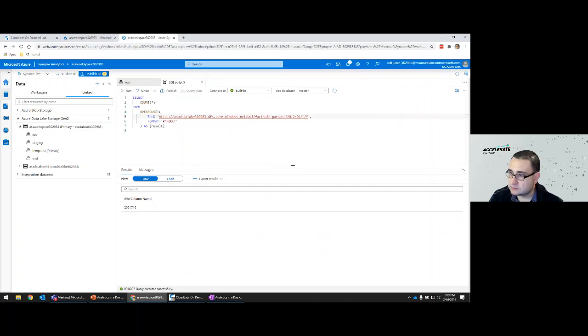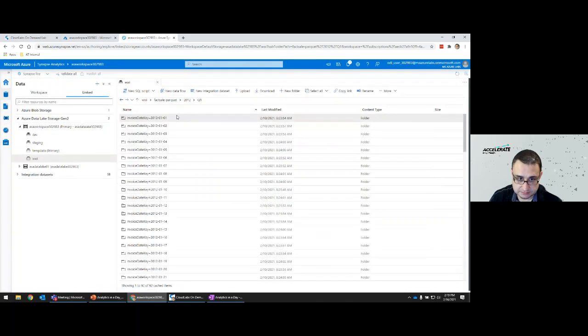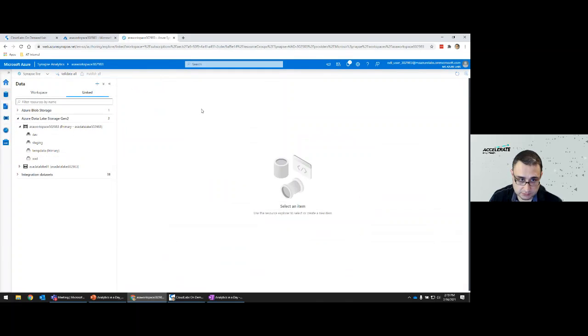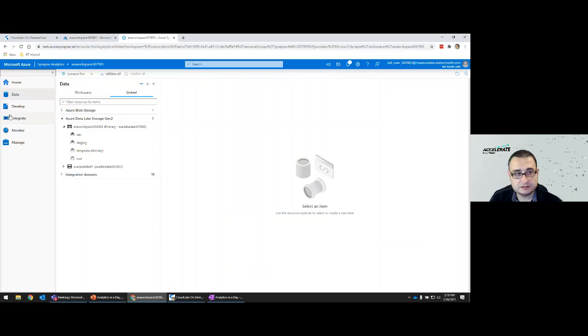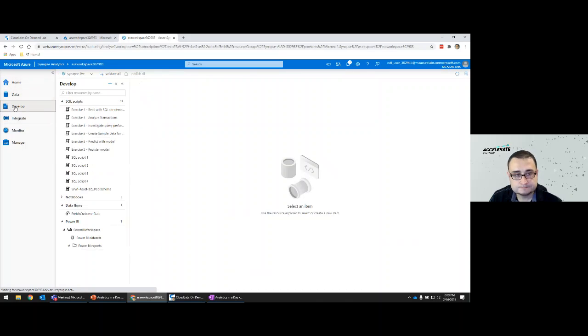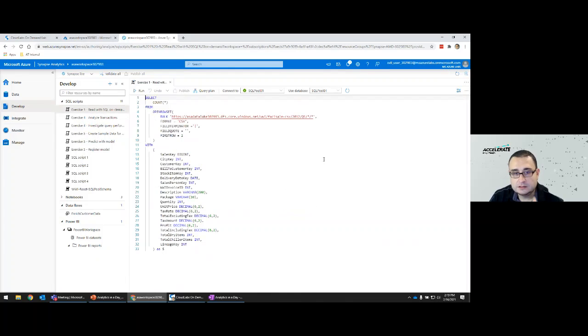Now we can close this script. You can discard changes, and we can close this. Now we can go to our develop section. If you expand here, you see that this icon corresponds to the develop. And we're going to open our exercise 1 script. In this exercise 1 script, we are now reading from the CSV version of our data.